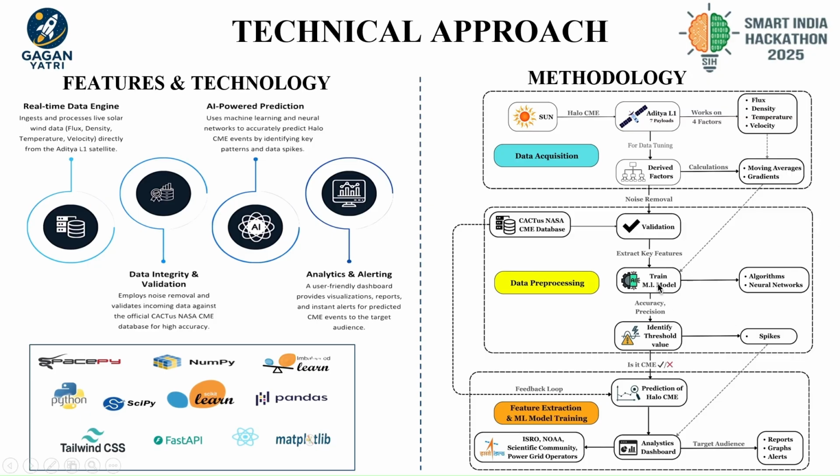We are using a trained ML model with algorithms like XGBoost and neural networks, which increases accuracy and precision. We are identifying the threshold value for marking a CME, and identifying whether it is a CME, yes or no. Then there is a feedback loop for prediction of Halo CME from the NASA database. Then we are extracting the features, and the analytics dashboard reports, graphs, and alerts are shown to the ISRO scientific community,